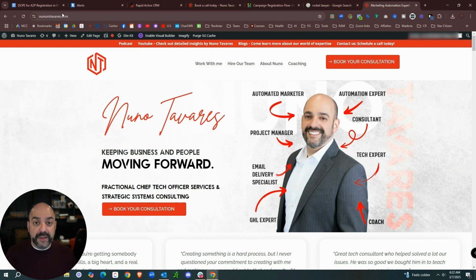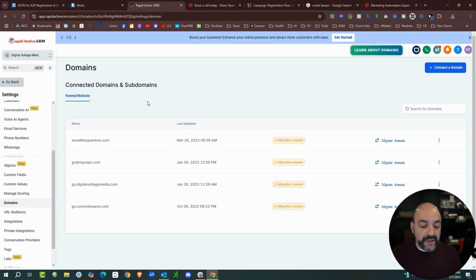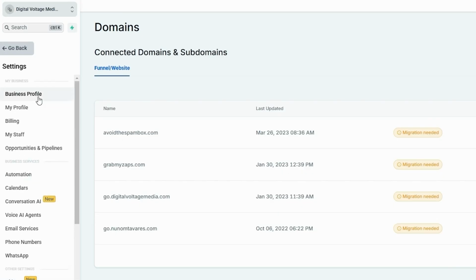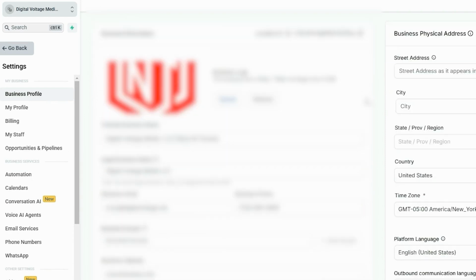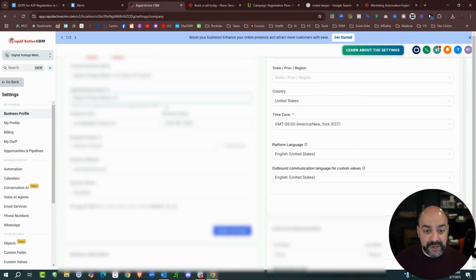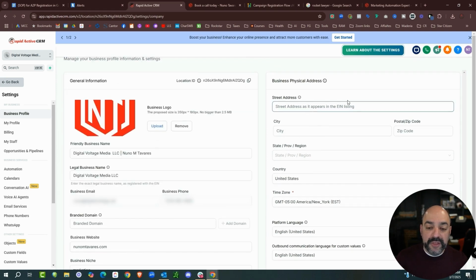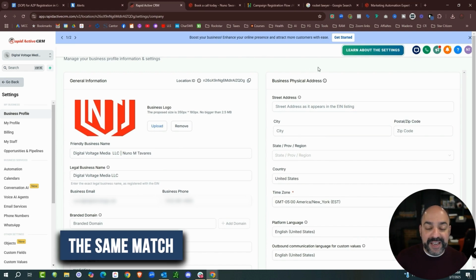So just be aware that these are the things that they might do. Now, there's a couple of other settings that are super important that we want to make sure we do. First and foremost, we want to make sure that our business profile has all the required information, meaning it has your name, your email address, and everything else that you need. But more importantly, you need to make sure that the street address and everything else that you are providing out there matches the actual information that you use to register your business out in the universe, right?